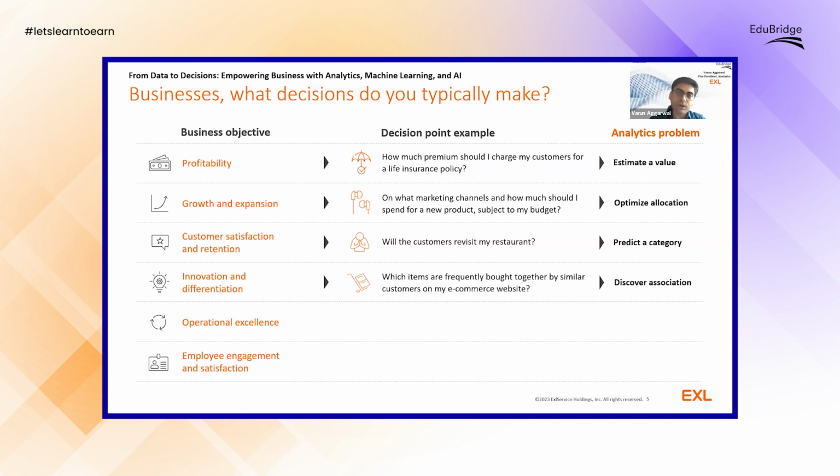In fact, in a physical store also, there are a lot of opportunities to do analytics about product bundling, right? What products you need to keep adjacent to each other in a physical store, so that there is more likelihood of that customer picking both the products. So this becomes a problem of discovering association, right? And it not only depends on the feature of the product, but also the characteristics of the customer who bought it. So it's a multi-dimensional problem that businesses need to solve.